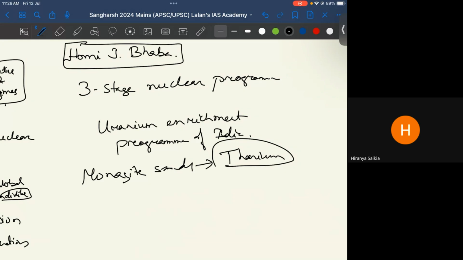So to use thorium, first we have to heavily enrich uranium and plutonium. So these are practically useless, but because we have thorium as a raw material for our nuclear program, our end goal is to ensure that we reach a stage where we can maintain our domestic or indigenous thorium production or thorium resource, and then have access to unlimited nuclear energy. It will be like the third stage, our energy security problem is solved.